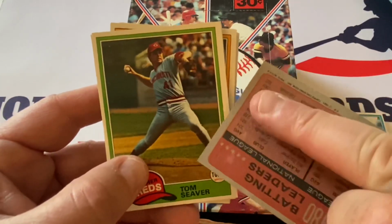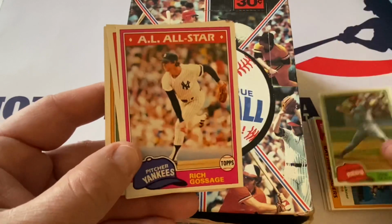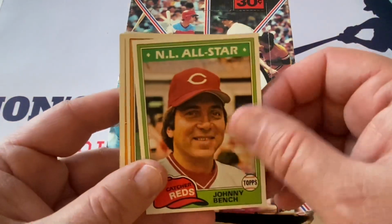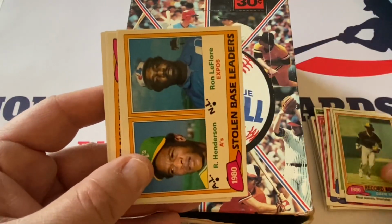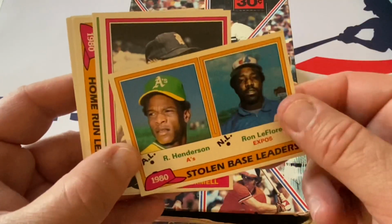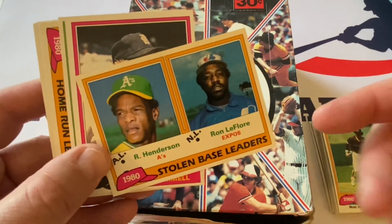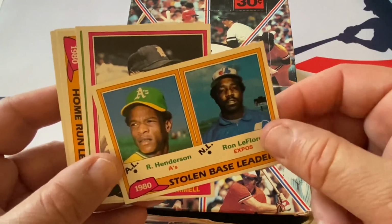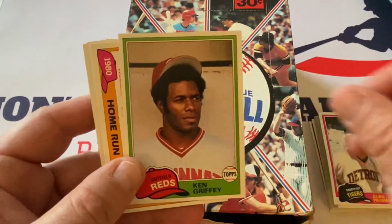This has a mild little bit of gum on it. Seaver, Gossage, Rice again, Johnny Bench, nice Wizard of Oz, record breaker Ozzie Smith card. This is a beautiful one here with LaFleur and Ricky Henderson. And then really, Tim Raines would take over the stolen base leaders for the Expos the next year. That's a beautiful card. Alan Trammell,